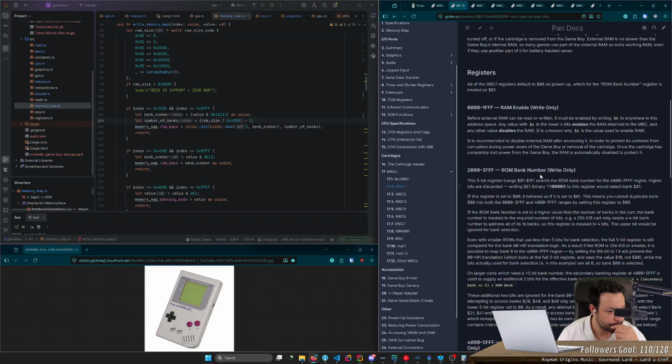A 256 kilobyte cart only needs a 4-bit bank number to address all of its 16 banks. So this register is masked to 4 bits. Oh. So depending on the number of bits,